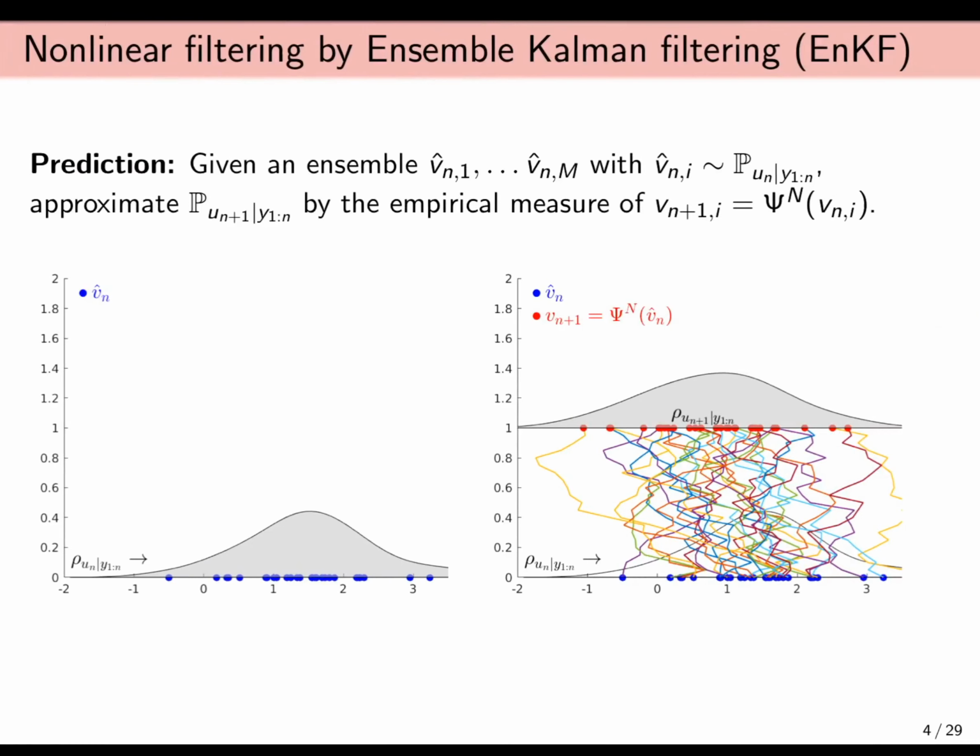Right, so let me just give you a rough idea about how EnKF works. So let's assume that we have an ensemble of particles, m in total, and they are identically distributed according to the particle filter at the updated state at time n. So this is the updated particle filter at time n. And we want to compute the prediction state at the next time of the particle filter. So how do we do it with this ensemble? Well, according to EnKF, you can do it by thinking as follows.